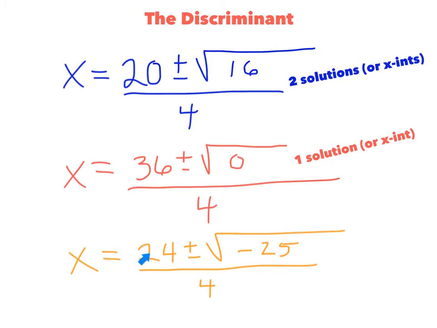And the bottom example in orange, this one is very different. If your discriminant is a negative number, here's where we have a mathematical impossibility. The square root of a negative number, there is no way I can multiply any number times itself to make this negative number, so we can't do it. It's impossible. So this one would have no solutions, which means there are no x-intercepts for this parabola